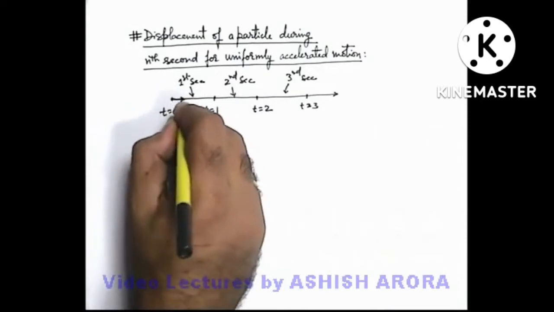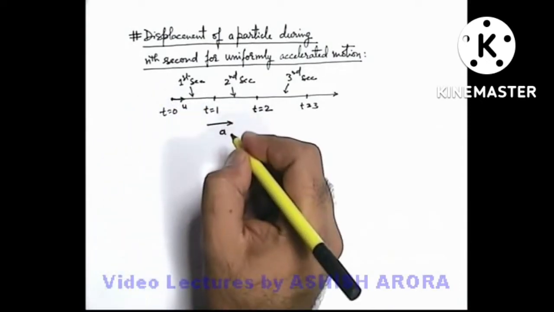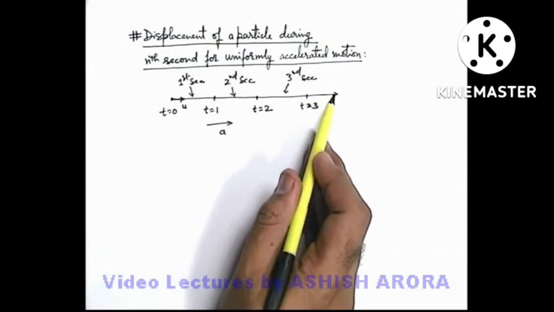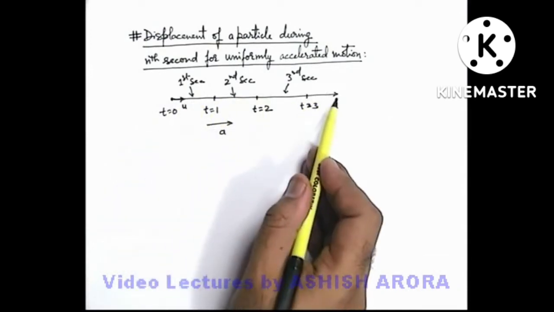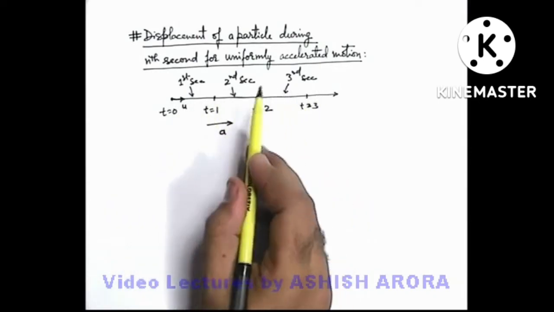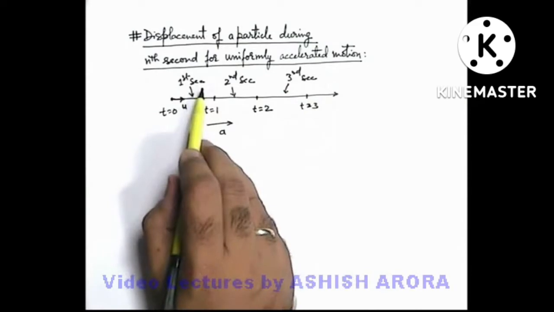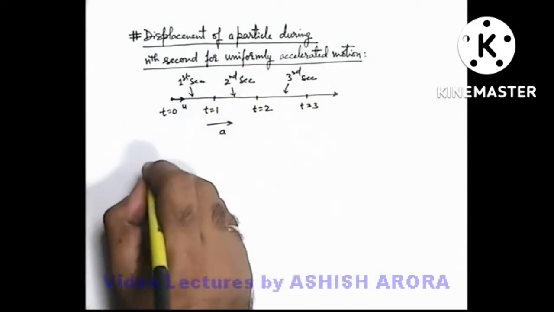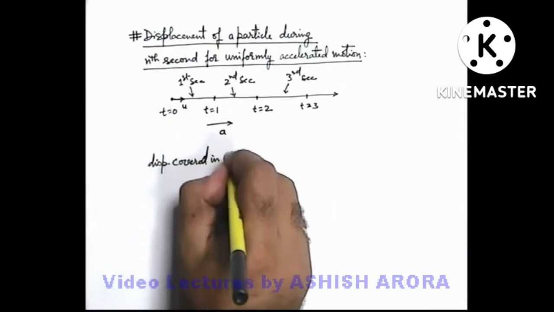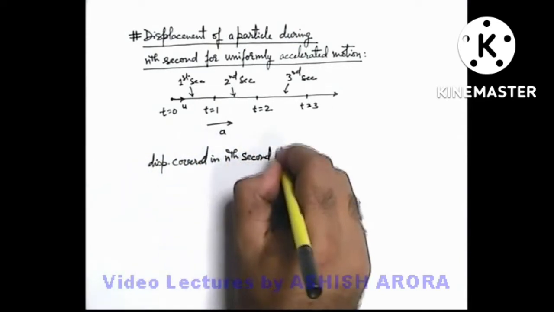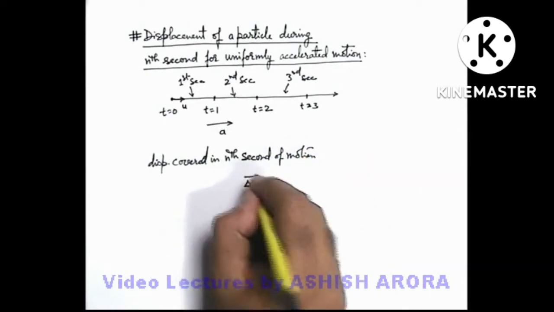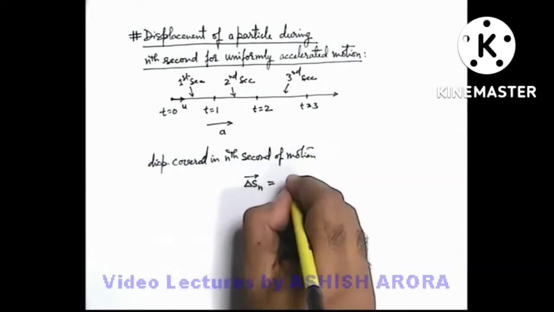If a particle starts with the initial speed u and it is accelerating with acceleration a, we can say that after every instant its velocity is gradually increasing. So as it is gradually increasing, we can state that later on after starting, in a 1 second duration, the particle will cover more distance or displacement compared to the initial duration of 1 second. Say we find out the displacement covered in nth second of motion.